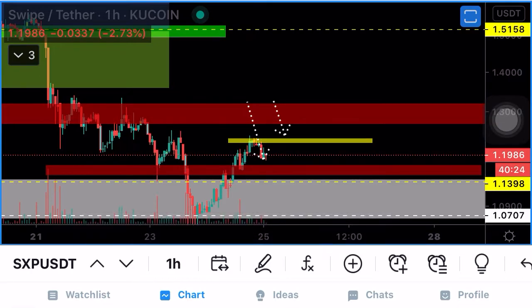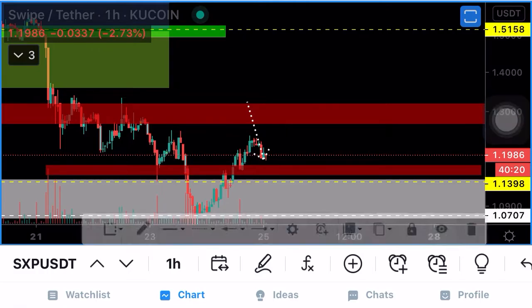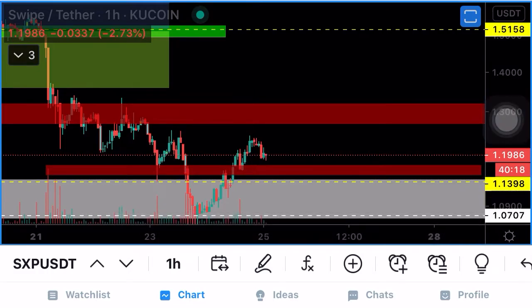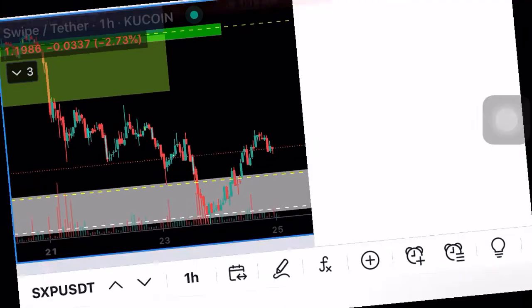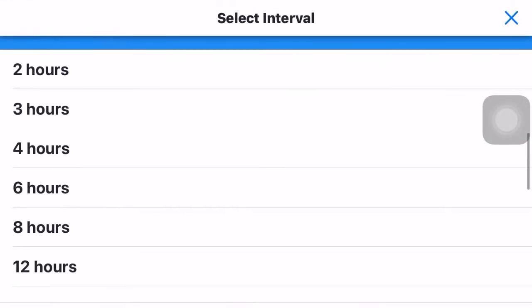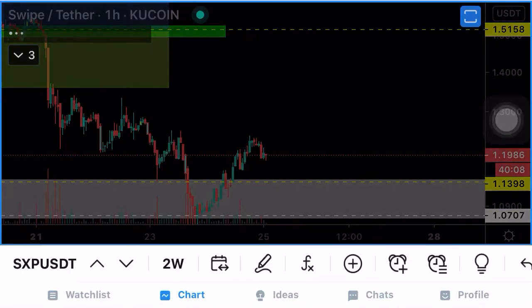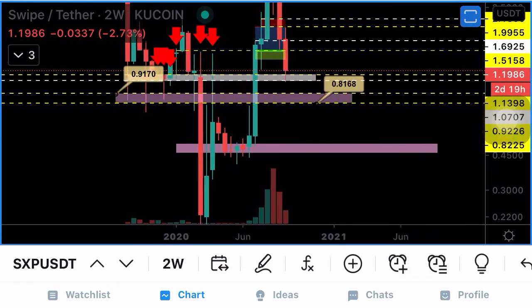Now, let's look at it on a high time frame. I'm still super bearish on it in a high time frame, as I believe that BTC is on a downtrend right now. I'm not going to switch that thinking unless it does something in the next couple of weeks. But let's see what happens. In the meantime, we're talking about Swipe strictly.